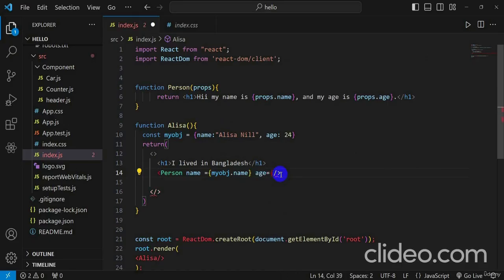Okay, and then equal, create the curly braces opening and closing, and here I insert my object dot age. Okay, so here it's created, and then in this session the constructor root method,